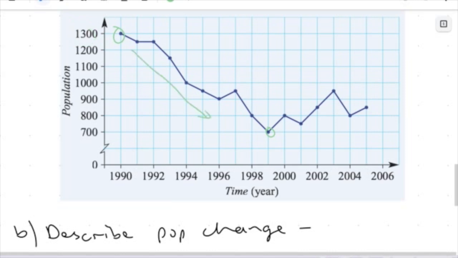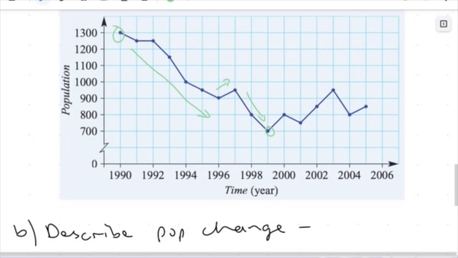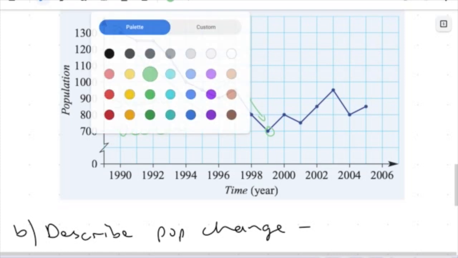It momentarily comes back up, but then goes back down again. So from this point I circled to this point down the bottom, we can see a pretty steady decrease in population. And then following that, from the year, what's this year, 1999, up here,